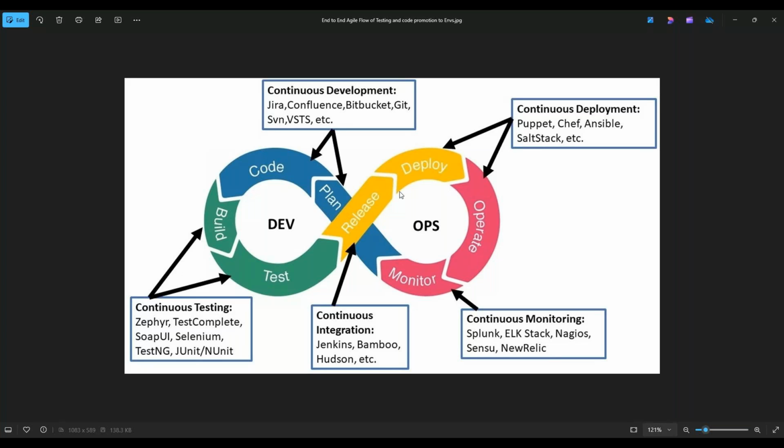Let's say we start this continuous agile end-to-end process from the dev environment. There could be multiple environments for us, like dev, QA, UAT, staging, and then prod. Every environment would go through release, deploy, operate, and monitor. The initial plan, code, build, and test would happen